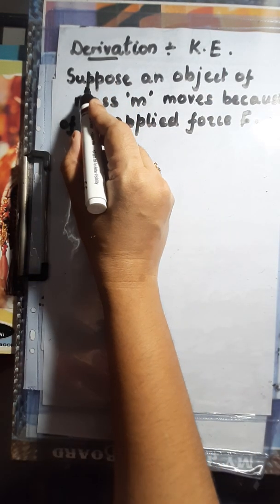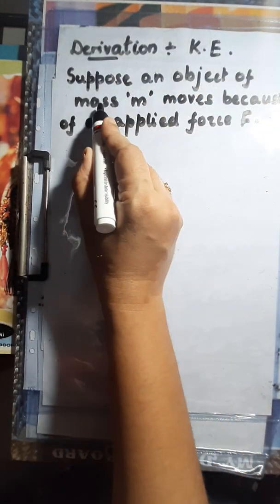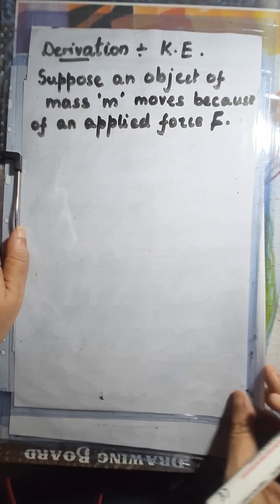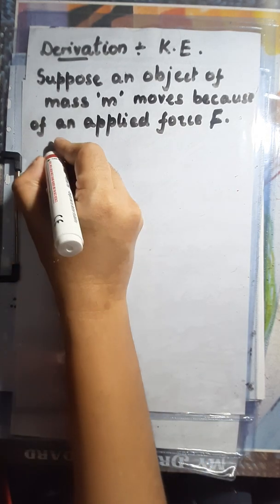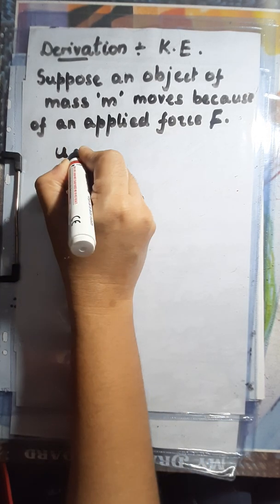Today we will do the derivation of kinetic energy. Now, let's start writing this. Suppose an object of mass m moves because of an applied force F. So, we are applying a force F because of which the body is moving. Correct? Then, let U be